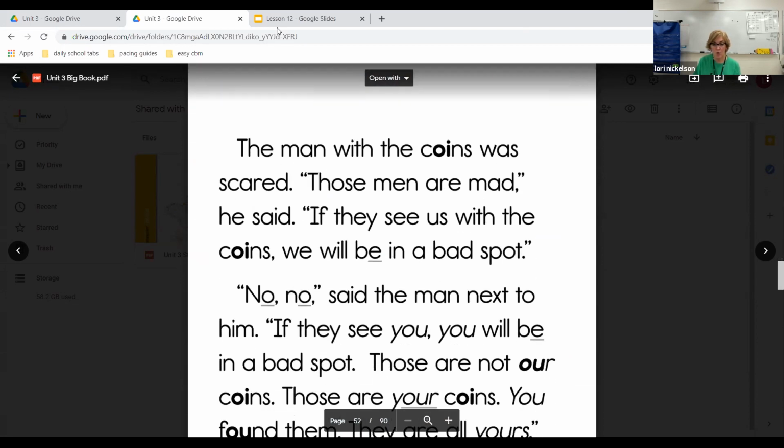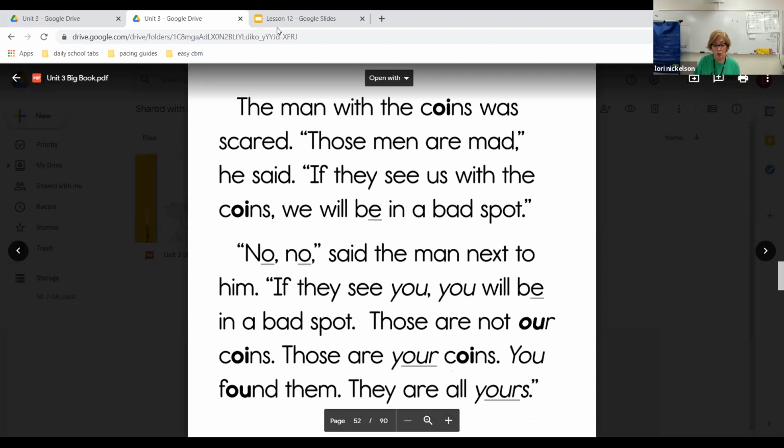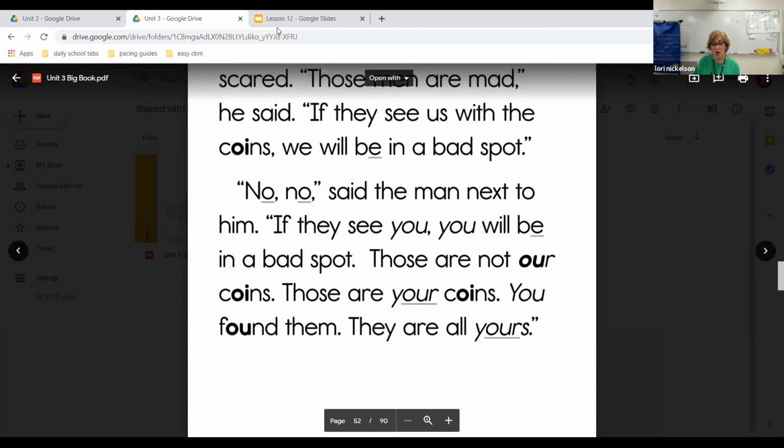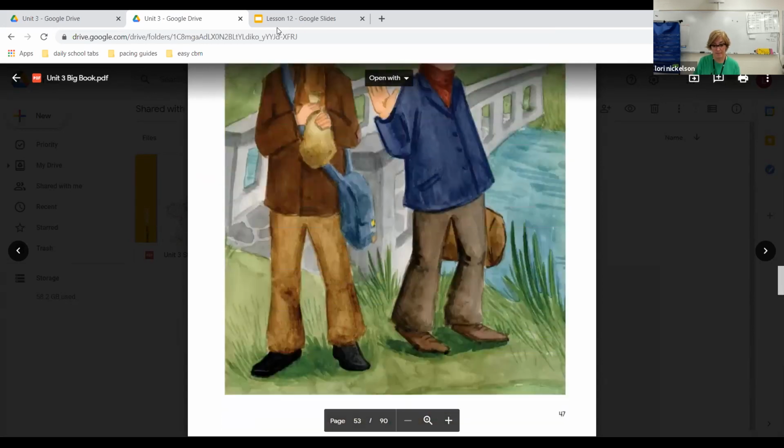The man with the coins was scared. Those men are mad, he said. If they see us with the coins, we will be in a bad spot, meaning a bad situation. No, no, said the man next to him. If they see you, you will be in a bad spot. Those are not our coins. Those are your coins. You found them. They are all yours. Now,